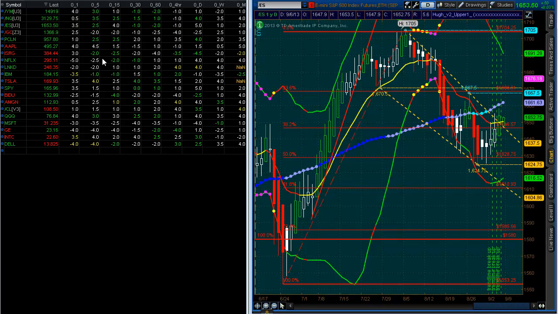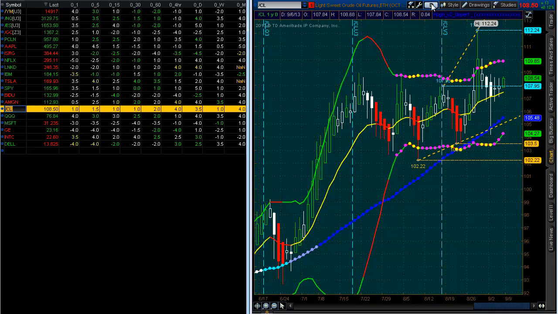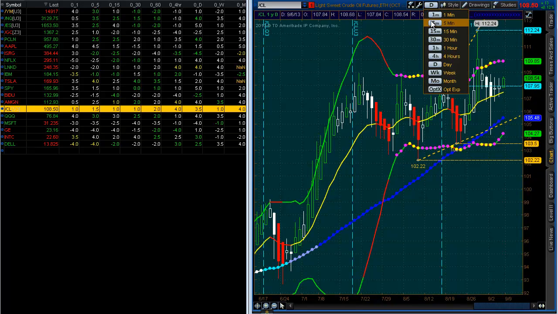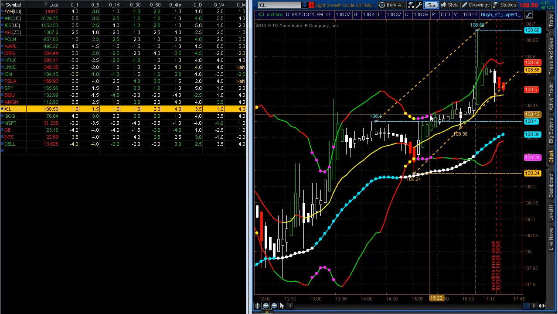A couple others, crude oil, I'll show you that real quick. If you look down here, crude oil to the left, you'll see CL right here, and currently it's in a squeeze on the daily, but earlier it was in a squeeze on the 5-minute, 15 and 30 and triggered. I'll show you that just to see how it works. So here's the 5-minute. You can see earlier today it triggered to the upside. See the squeeze broke. The purple indicates up, and it did trigger up, and look at the move to the